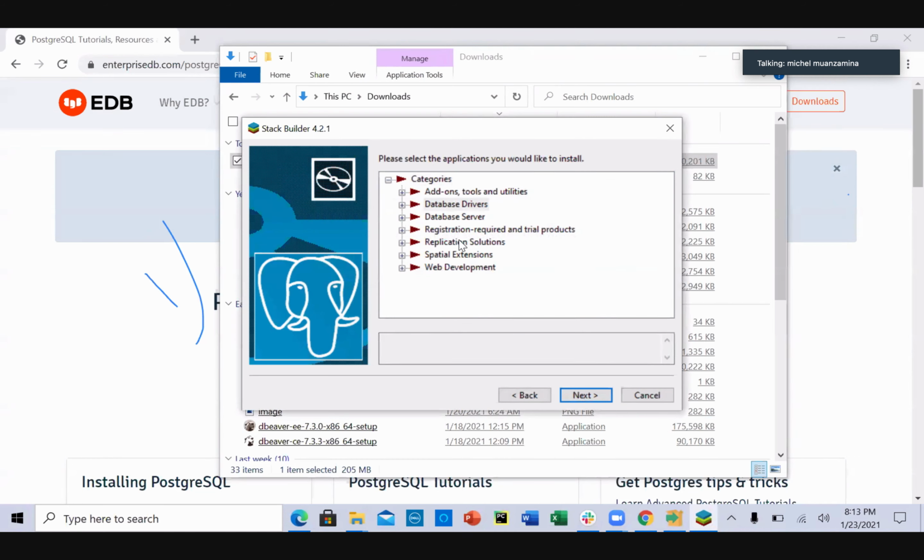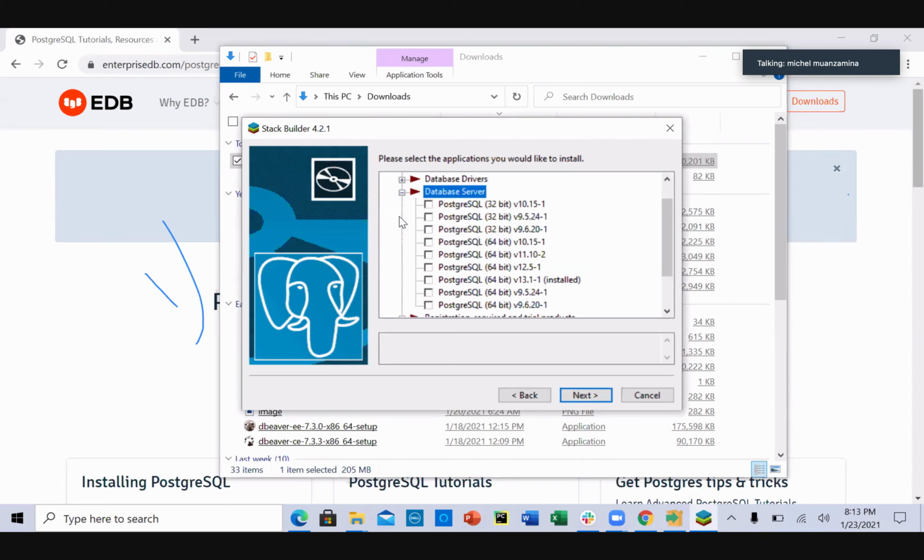You must select the list. Click on the plus button, the plus sign to the side of drivers. And then here we're using 11, so select that, it was already installed. We don't need the other ones. Click on the drivers, database drivers, not servers. Scroll up. Click on database drivers. You can click on the minus here. Yeah, click on that plus, and then select